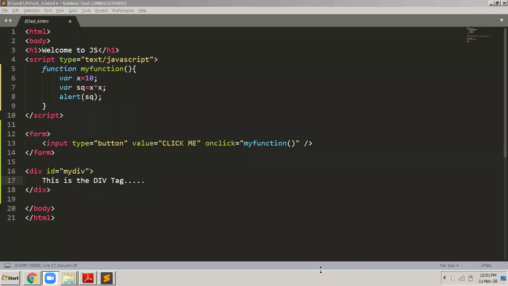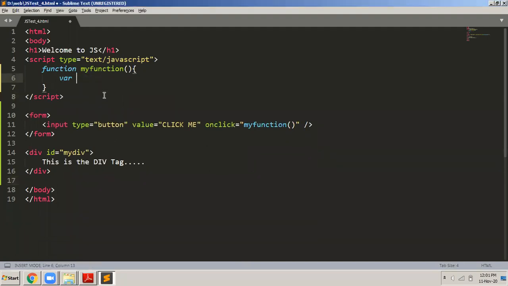So this is the div tag I have written, and then I want to access that. So when the button is clicked, I want to do all that. So what I do here is I declare a variable, var. I will call it d equals